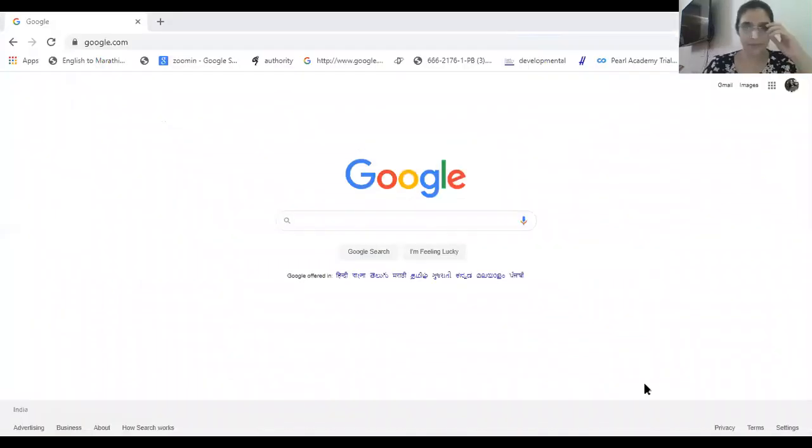Can you see my Google screen? Yes, ma'am. If your Mendeley web importer has been installed, you will see this red color mark M whenever you open Google on your Chrome browser.